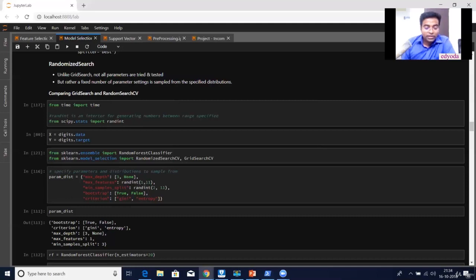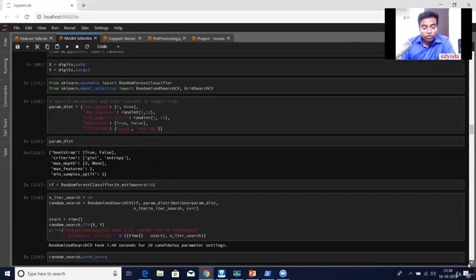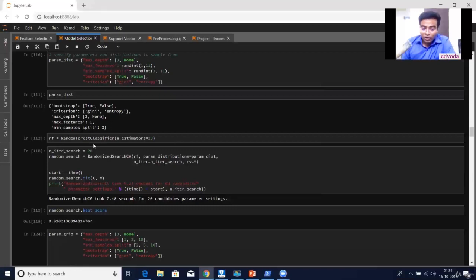So we have max features, we have min sample split. 1 to 11 is the range and 2 to 11 is the range, and the rest of the stuff is configured over here. Okay, so you have a random forest classifier where the number of estimators is 20, and these are the parameters we are passing over here. This random search took